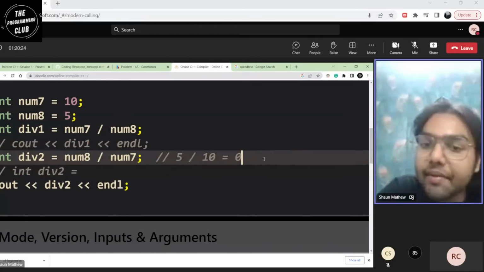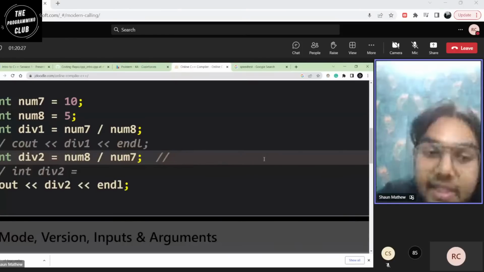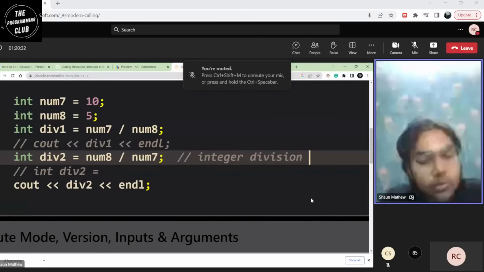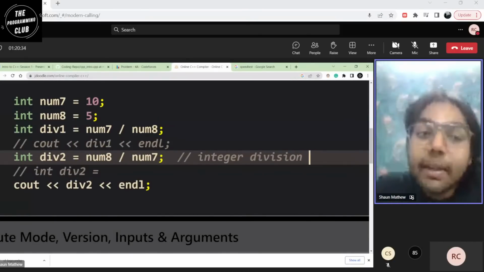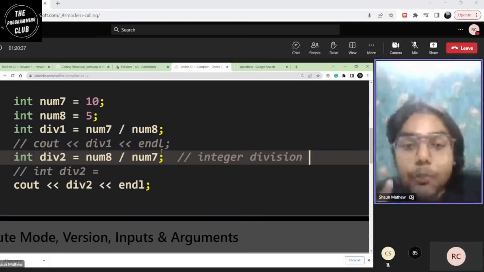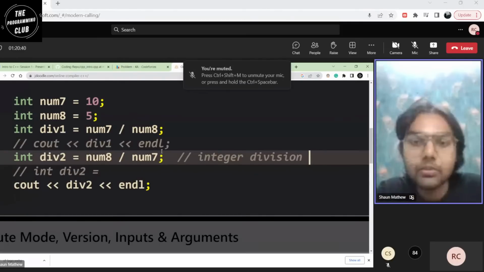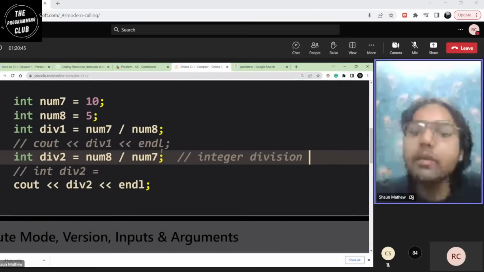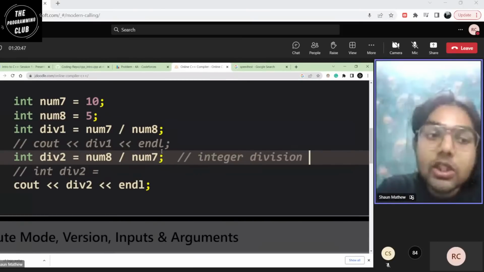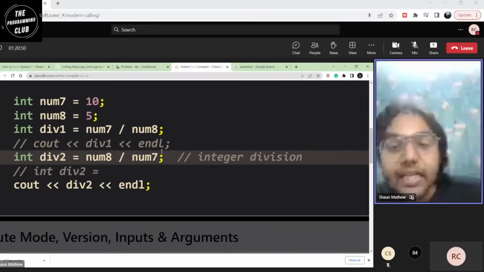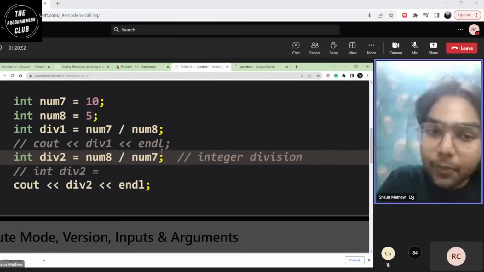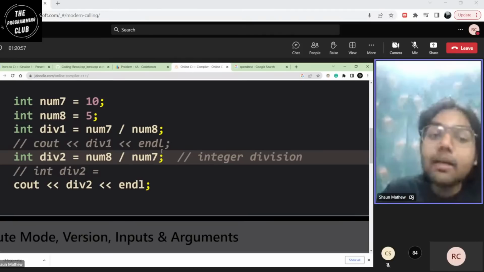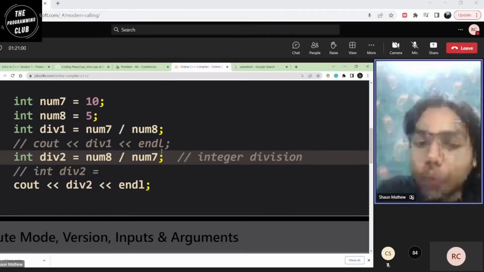What happens here is when I divide two integers, the division which takes place is called integer division. Nothing new, just that when I'm dividing two integers, the output given by the program would be an integer. In general there is a separate division to deal with integers and floating points. So when I divide two integers, it goes into the integer division and gives me an integer output. Since the output technically should be 0.5, but I can't give out an integer called 0.5.